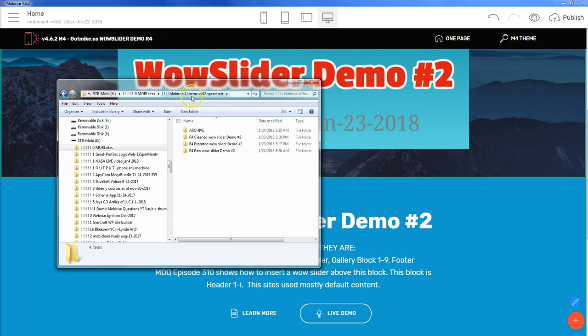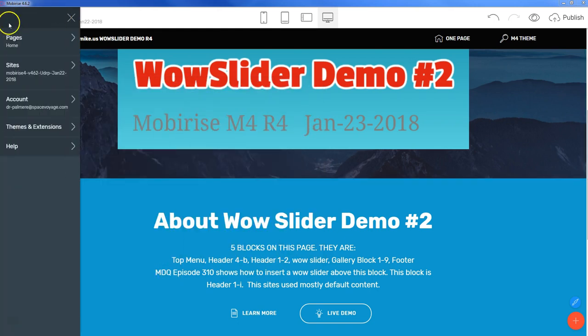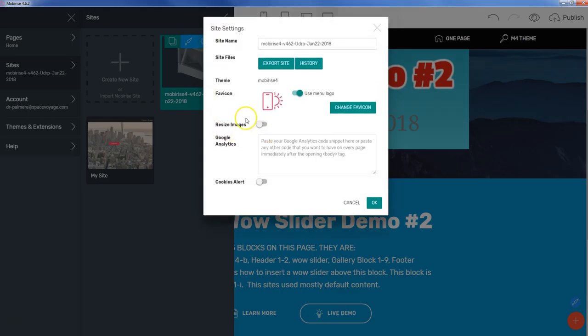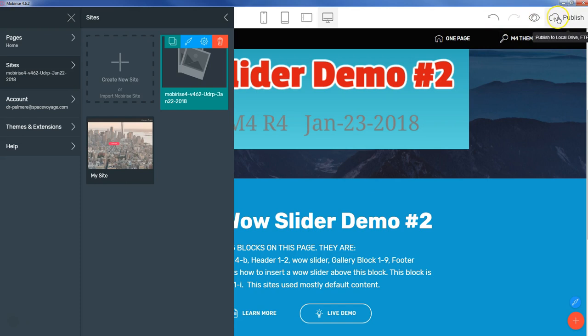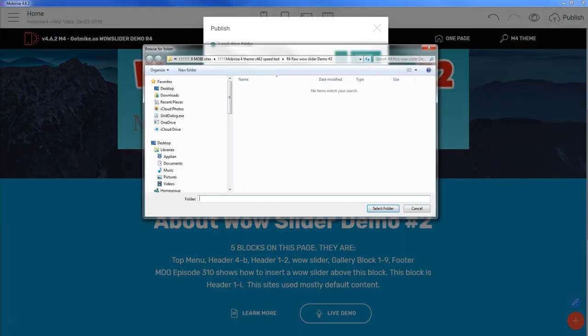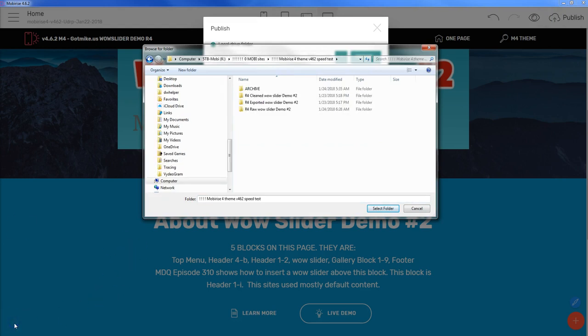For this particular save for publishing, we created these 3 folders, and we're going to put it in this folder. So I'm going to come over here, go to sites, validate that images is off, then go to publish and browse. I'm going to find the folder that I just showed you from earlier, these that I created. I'm going to create the R4 raw,